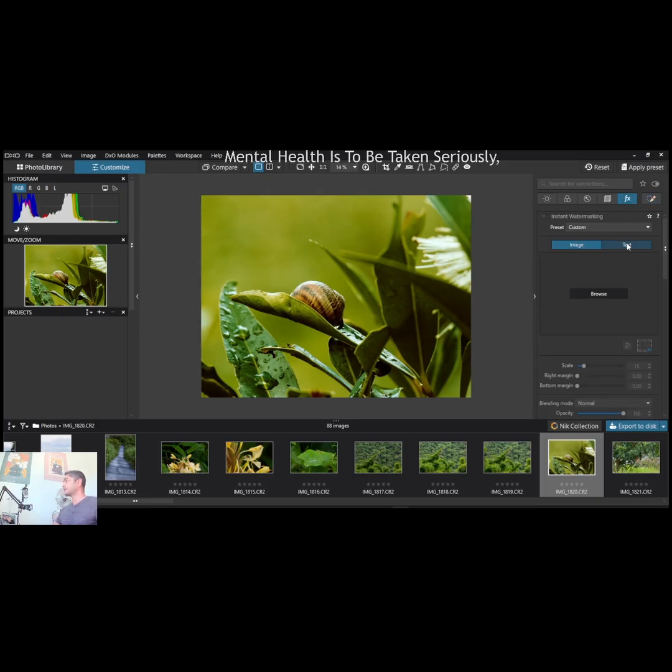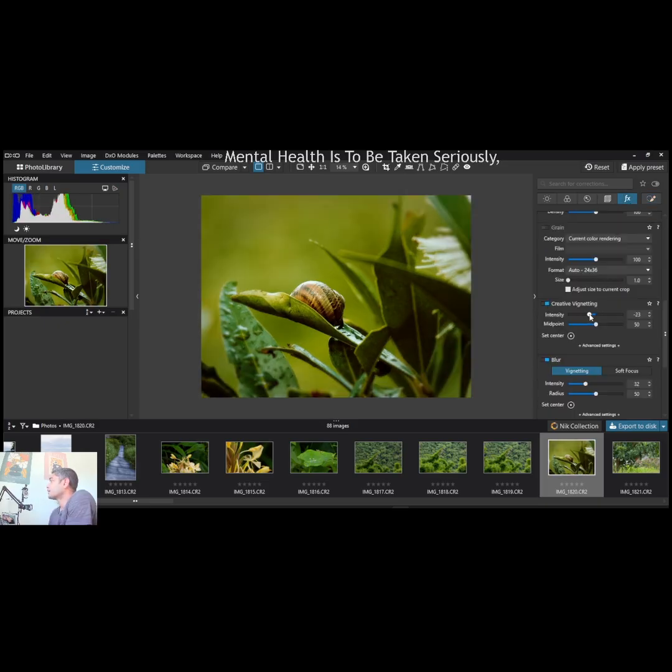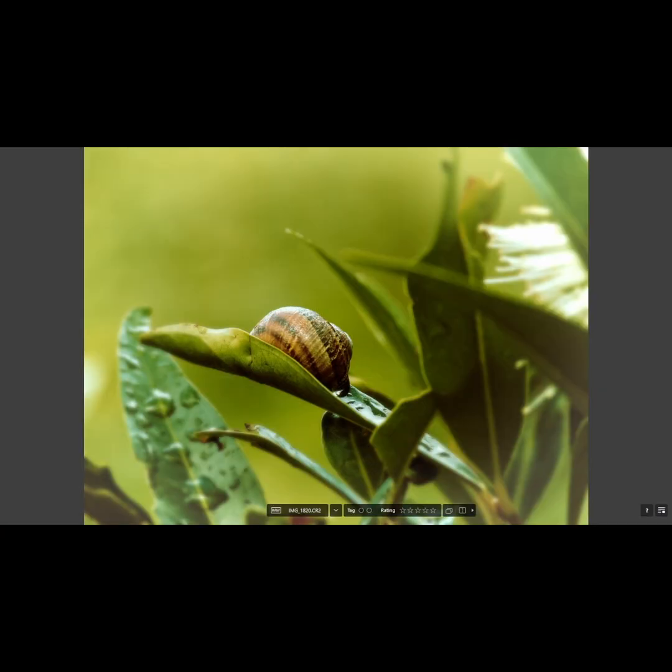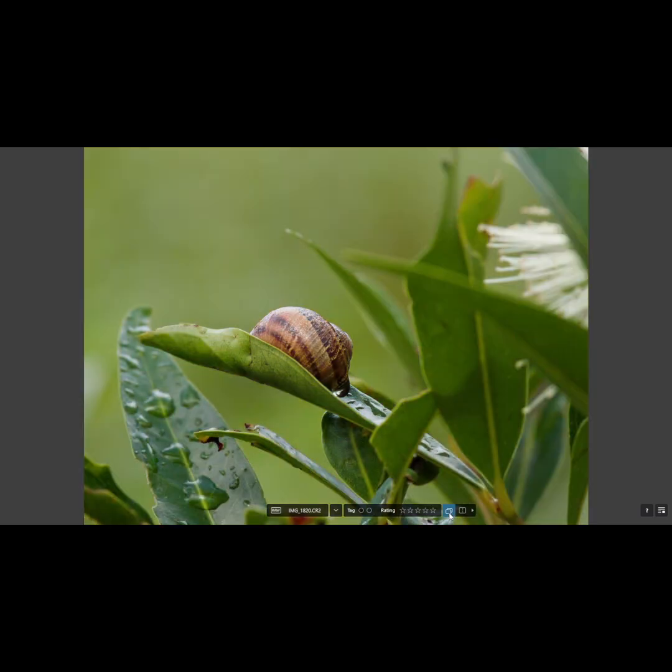So we're going to go to the effect, creative vignetting, and instead of dark vignetting, I'll do bright vignetting here. I find it rather interesting, because the dark vignette is quite common, nothing wrong about it, but I find it quite interesting to do the opposite, because it still does the job to bring the focus on your subject, the image that we have originally created. So I don't know if I can do before and after. Perhaps I think I can. So that's before,